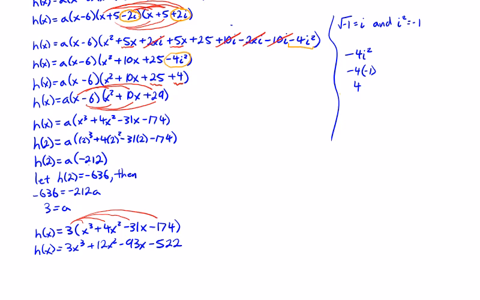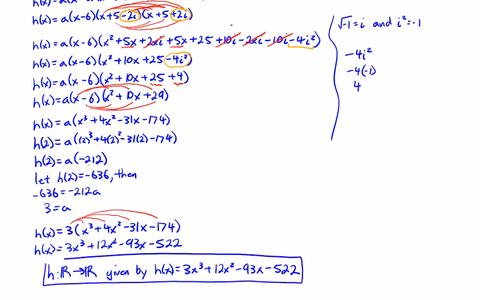And we'll make our function definition h colon R to R given by h of x is equal to 3x cubed plus 12x squared minus 93x minus 522,